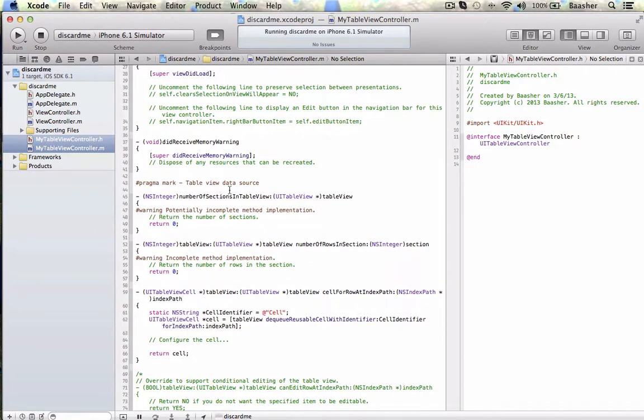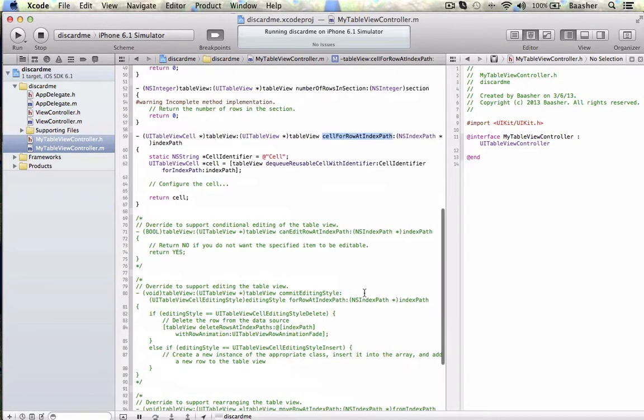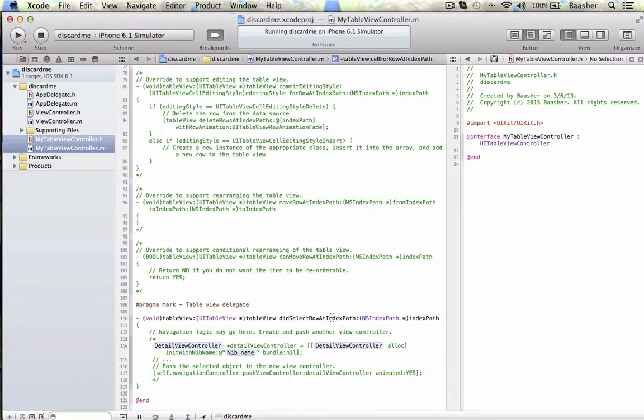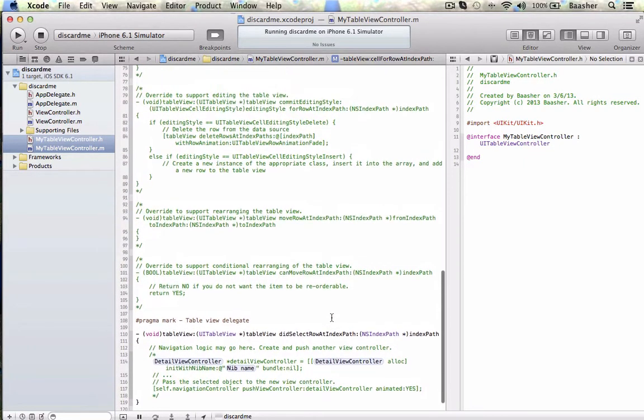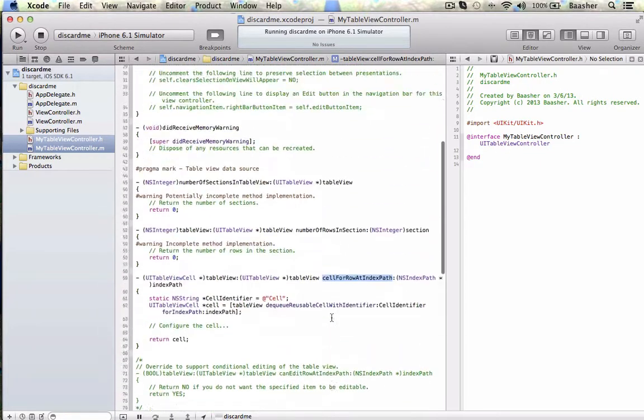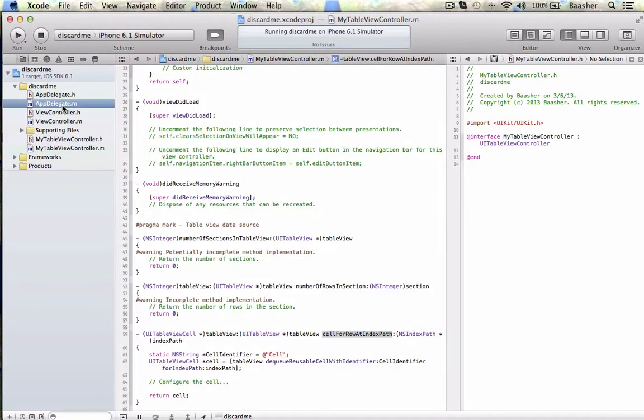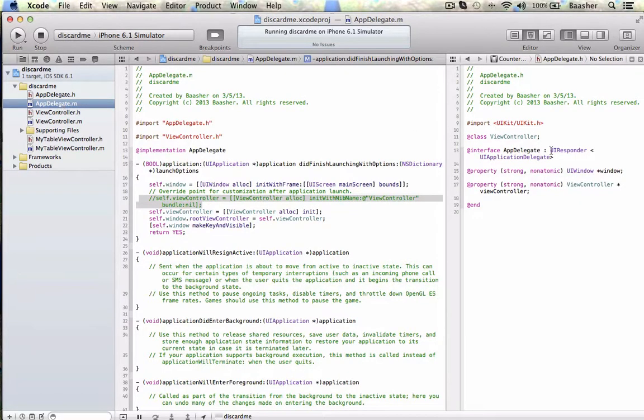and I have, you see, some of the methods that are already in there. A stub, number of sections in this table, number of rows in section, cell for row at index. Now these are some of the ones. Did select row at index, and there are other methods when we enable editing and all that stuff. The other thing that I want to do over here is I want to go in here and tell it that there's going to be a class my table view controller, and I want to import. Just follow the same pattern, my table view controller,